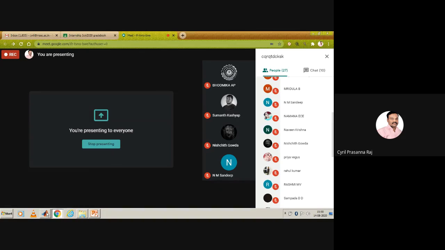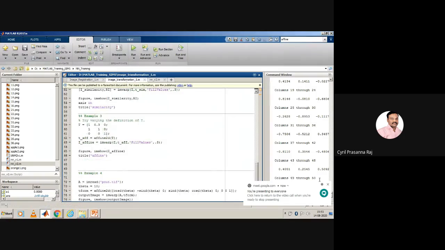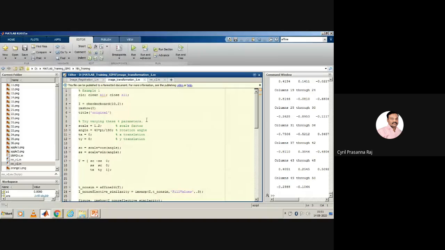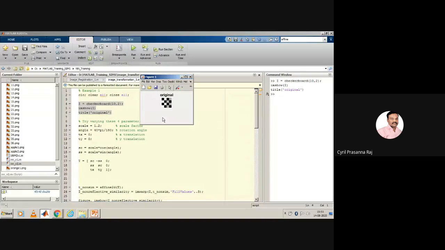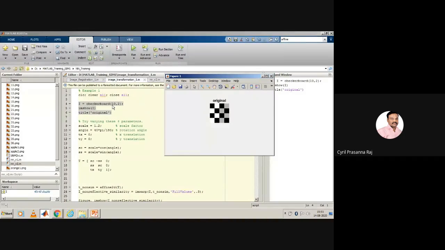Today we will also discuss one more important project, that is transformation of images. Let us first see what the image is all about. I'll run this code. This is a simple image that we have generated called a checkerboard. Using this concept, 10 comma 2, there will be 10 rows, and if you define this 10 comma 2, you'll have a square matrix generated called the checkerboard.